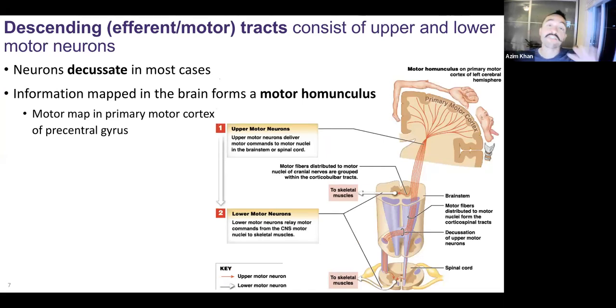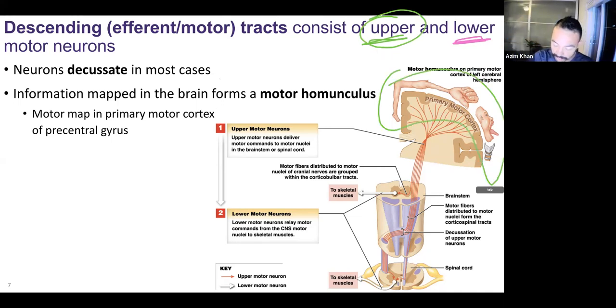For sensory tracts, somatosensory tracts, we saw 3 neurons, first order, second order, third order. When we're controlling something, when it's motor efferent, we tend to see only 2 neurons, an upper motor neuron and a lower motor neuron. There does tend to be decussation, so let's take a look at an example. We're starting here with our upper motor neuron. We're going from the brain down. We're starting here in the primary motor cortex.